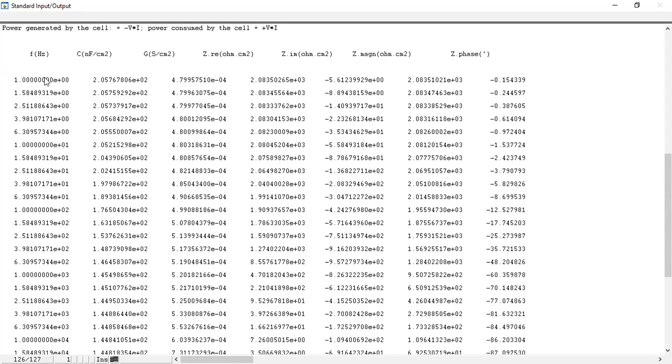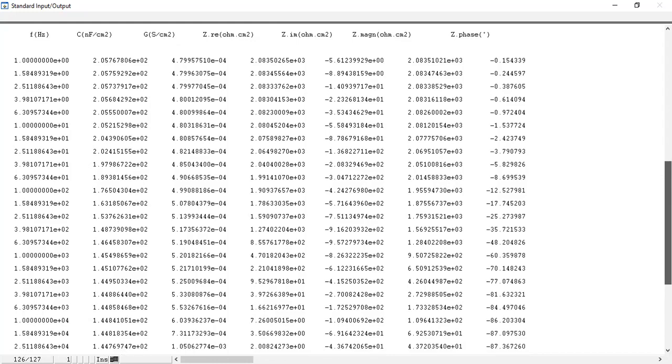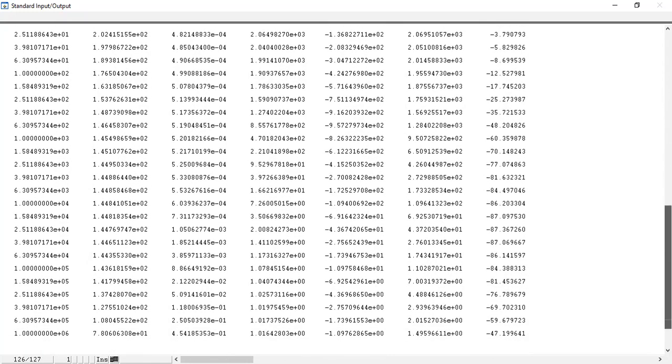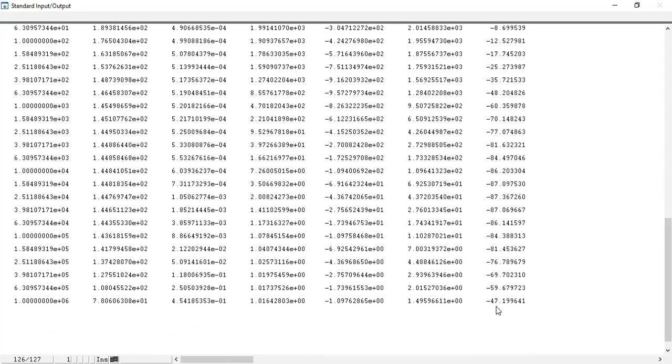At the lowest frequency we have minus 0.1543, and as the frequency increases, we see a dramatic variation, higher, lower, and then at the highest input signal frequency we have a phase angle of minus